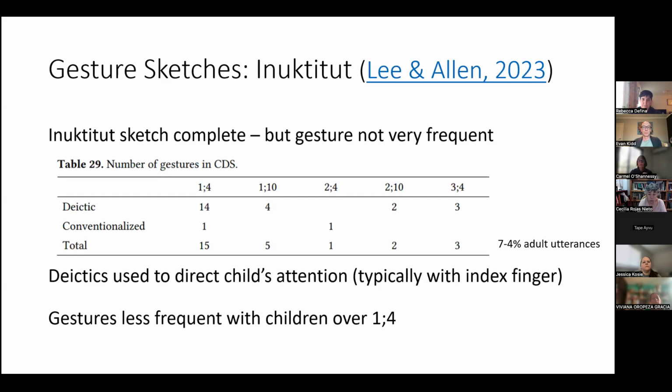And there are two examples I wanted to talk through of how that's done. The first is the Inuktitut. So this is a great example of a complete sketch. I encourage you to have a look at Hannah and Shanley's sketch there for all the great detail and the wonderful pictures. But just to give you a very quick impression,